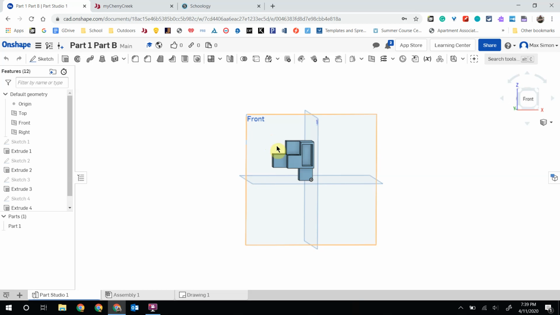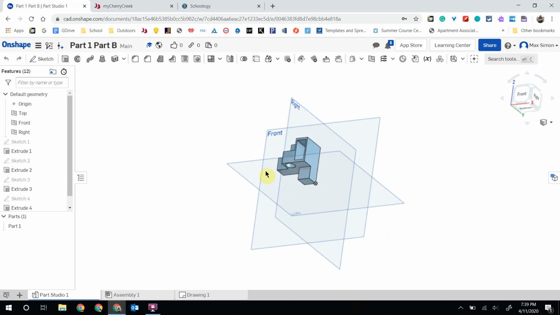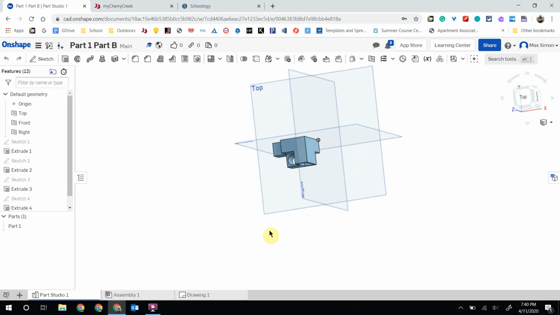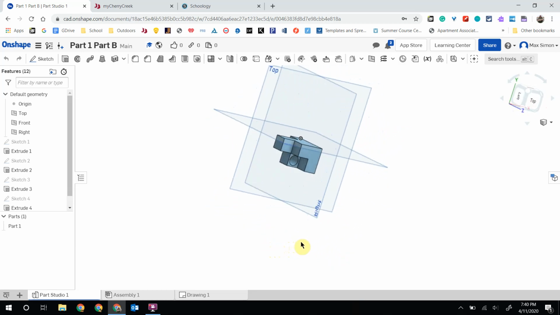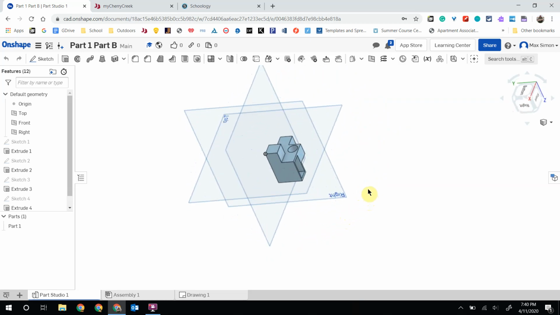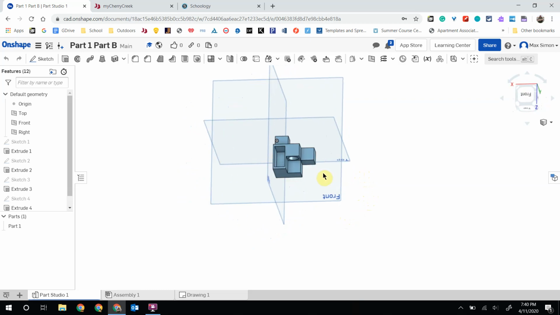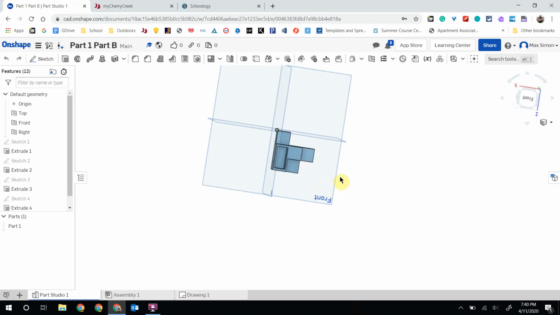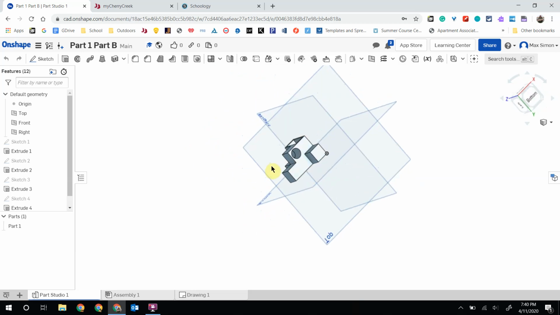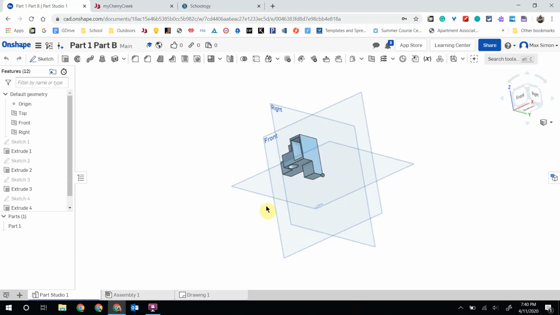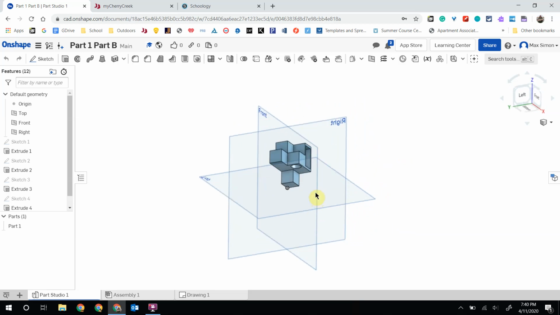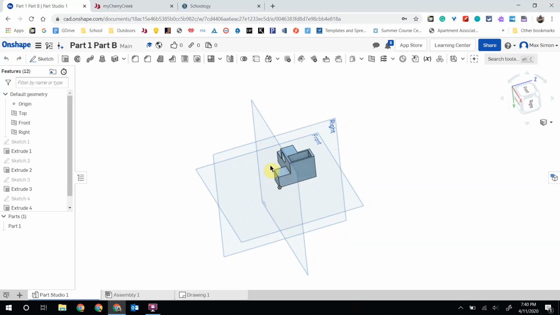So, I'm first going to just scroll this part around so you have a good idea of what you're looking at. The idea with this week is I really want you to understand that when we're building out a part, the easiest way to start is to look at it and find the biggest face that you can build. So if you're looking at this, the biggest face that we can build,